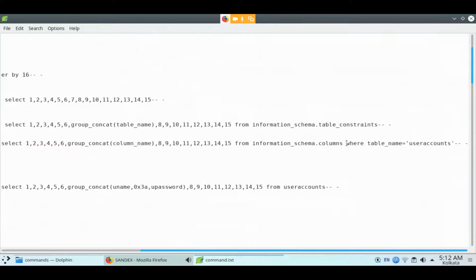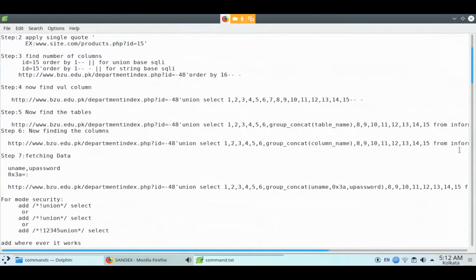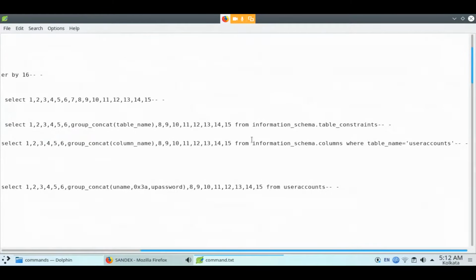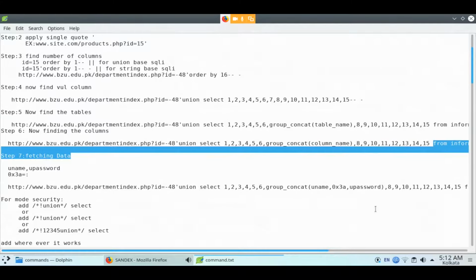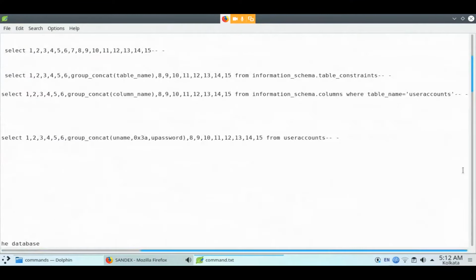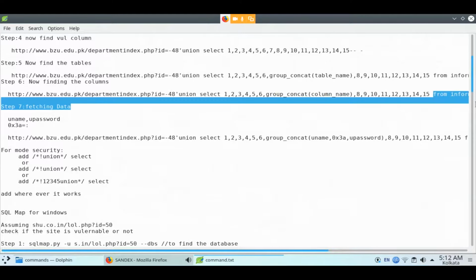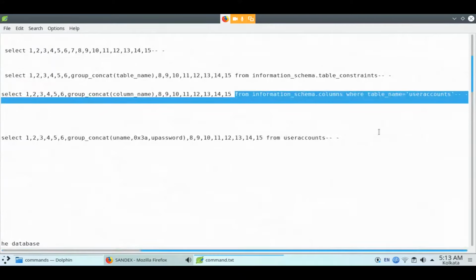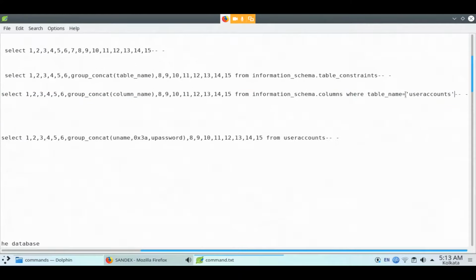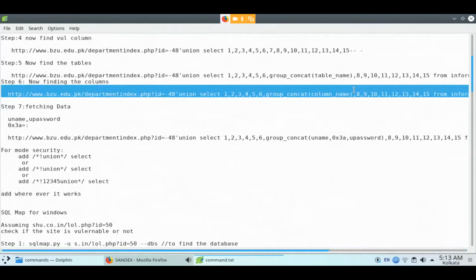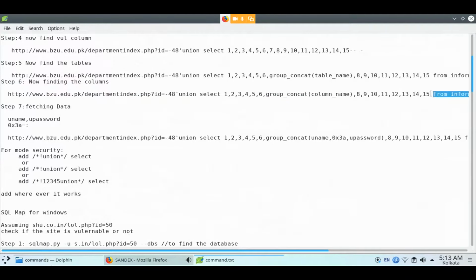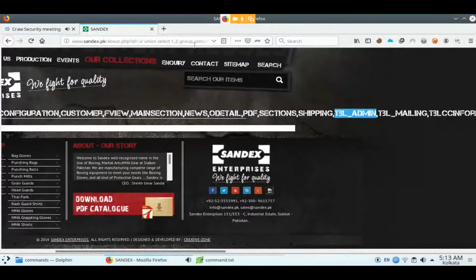Only where table underscore name from information underscore schema equal to, I will paste this. Copy this one and paste from here.